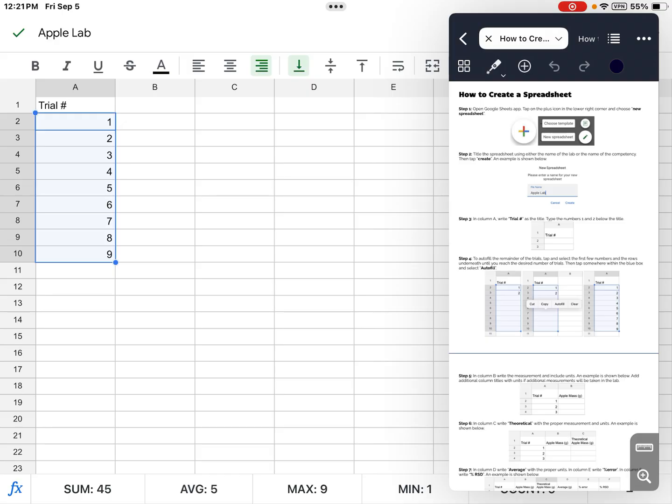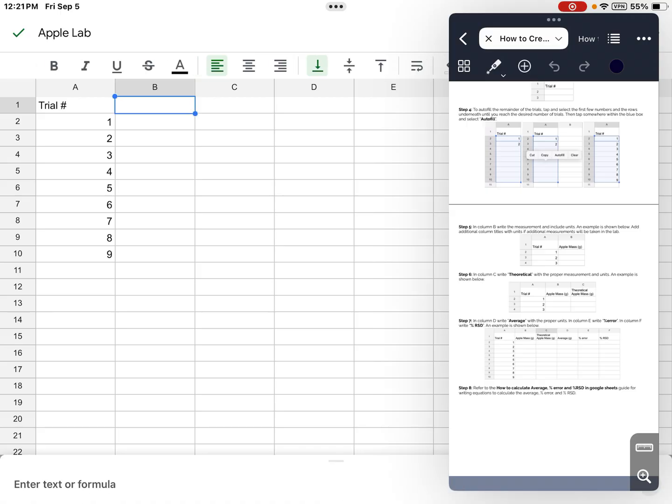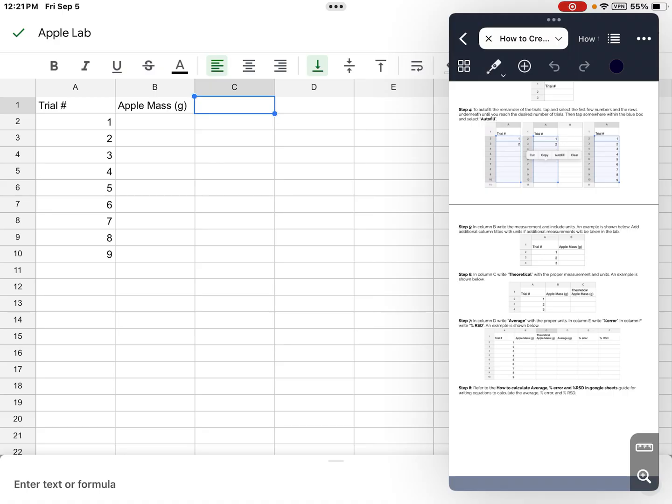The next step, in column B, write the measurement and include units. An example is shown below. Add additional column titles with units if additional measurements will be taken in the lab. So for this, we're just practicing learning how to use a spreadsheet and practicing doing calculations. So we only need to add apple mass, and we're going to put our units in grams. And then we're going to add another title, just like in the how to create a spreadsheet guide, which is going to be titled